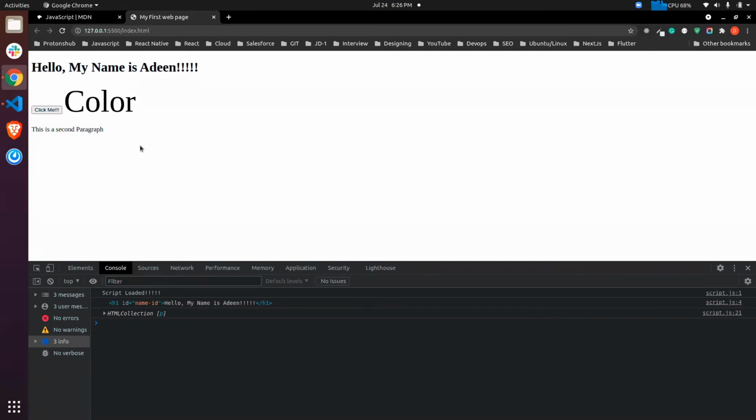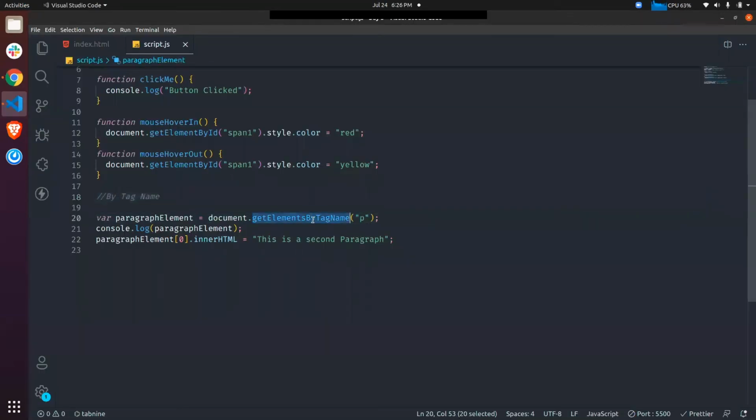If we don't have IDs, we can do it using the element's tag. As the name suggests, getElementsByTagName, but you have to specify, like I have specified, the element which is on the 0th index, the first element, whose inner HTML I want to change.